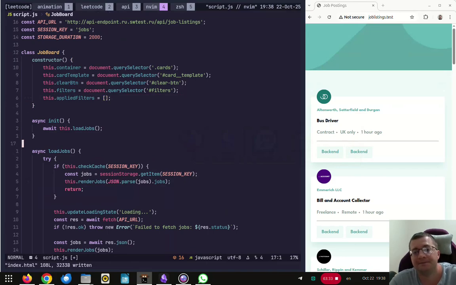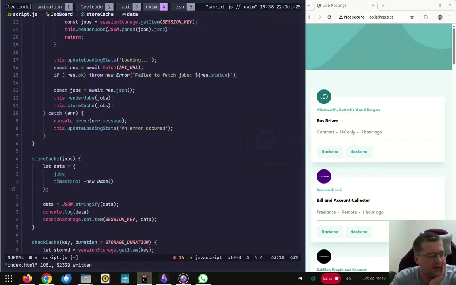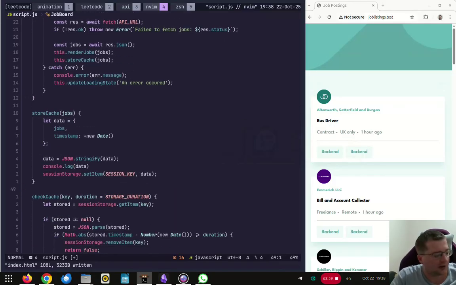Every time a user clicks a button, we check if filters are applied, and then we refetch the jobs based on that. So first of all, let's make our panels display